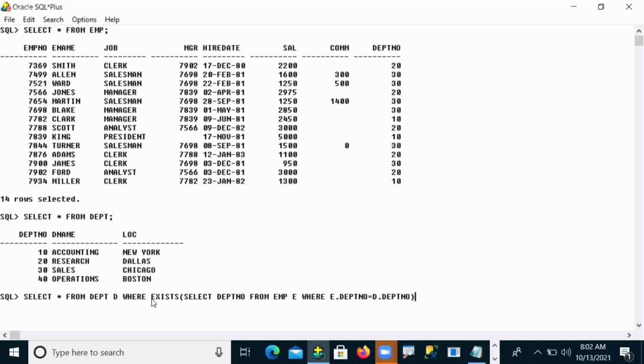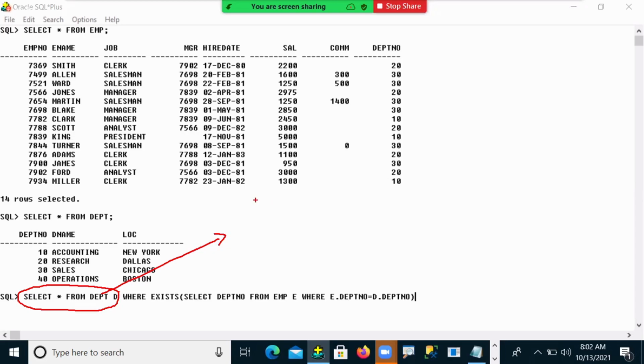Now we can see. In a correlated subquery, first your outer query is executed. Whatever outer query I have written here, this query executes first. The query result: select star from DEPT, star means all, so all values come out: 10, 20, 30 and 40.